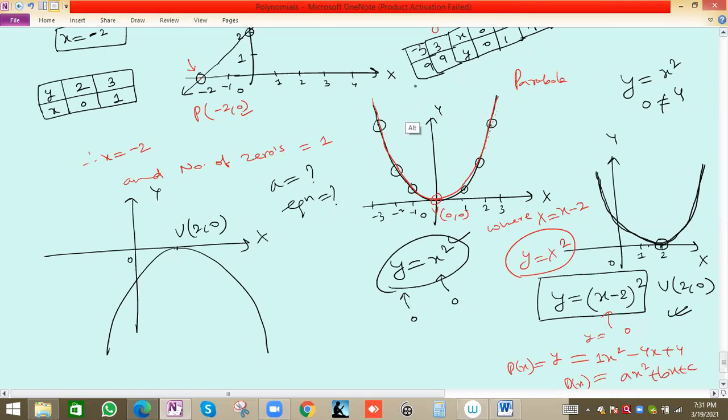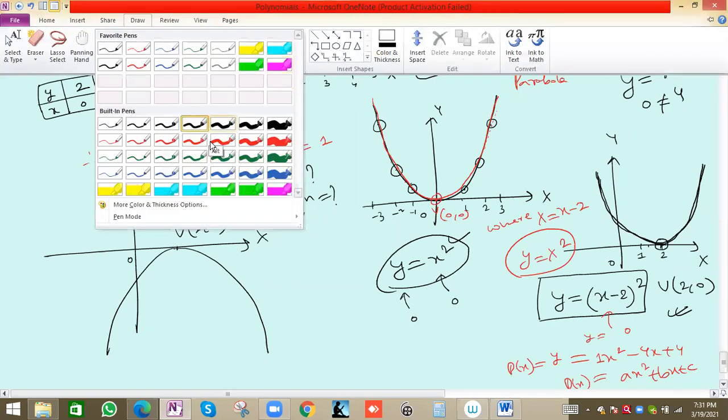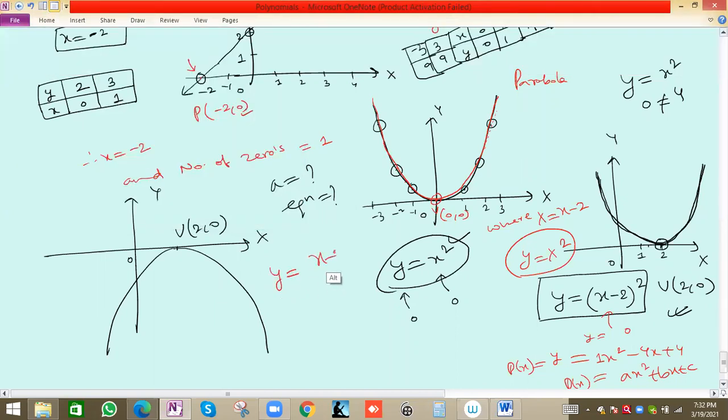It will be the same. Xavier is saying it will be the same. Okay, others are also saying same. Steve is also saying same. So suppose for the same value, if I write x minus 2 square, same? Please correct me. Different. Mohammed is saying different. I don't think so. Same.